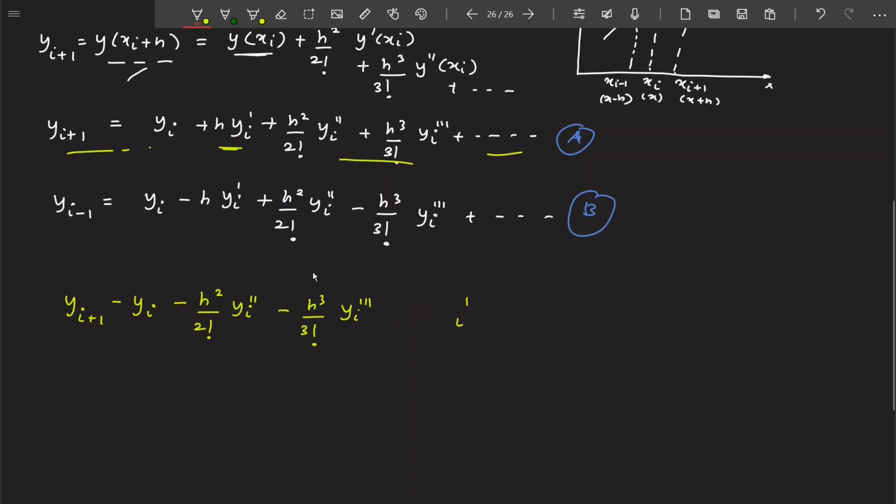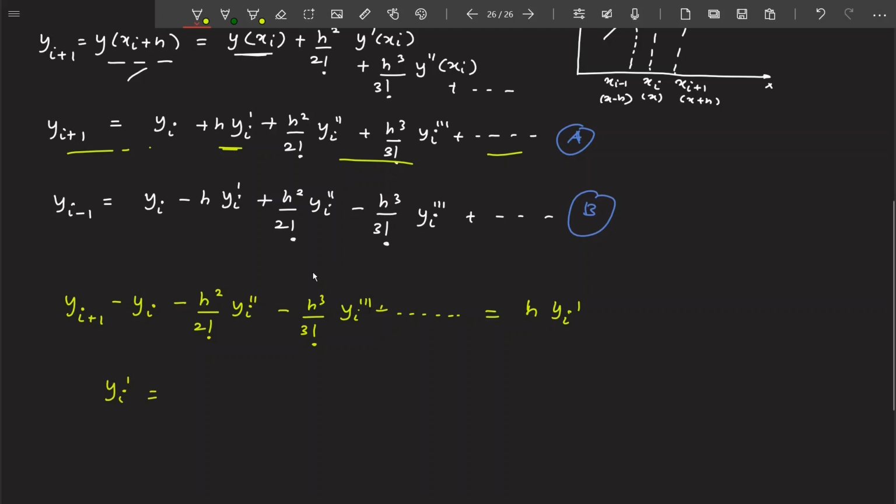One more thing I missed here is that this series is going to continue. It's important that this is a series, so it will continue. h into y i dash. Now we are going to divide by h on both the sides, so